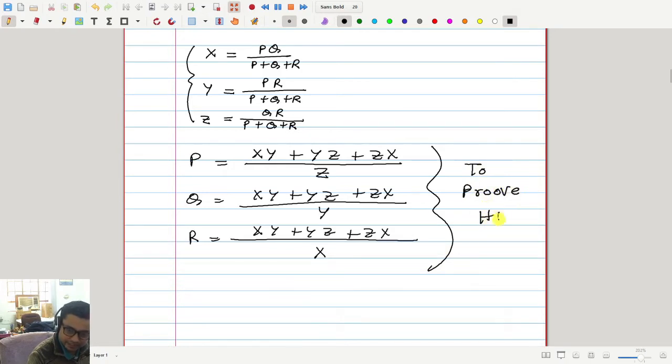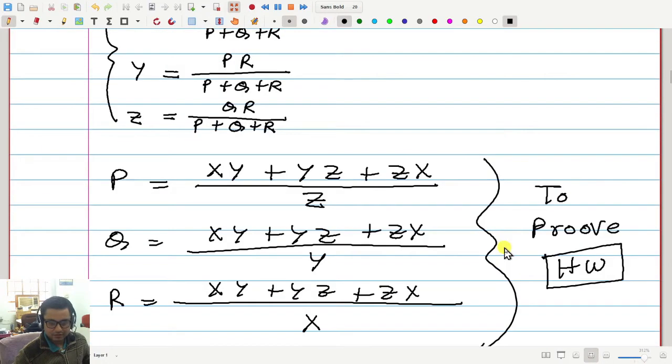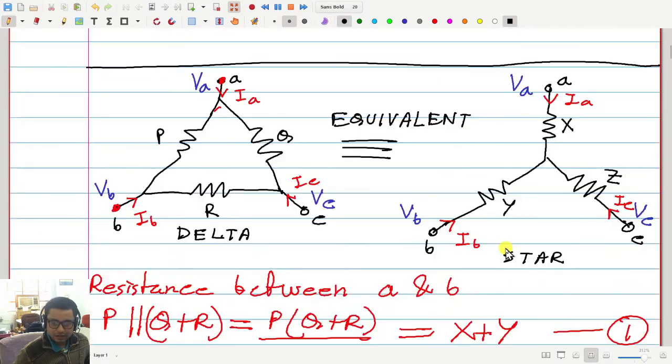Sir, I have a doubt. Yes, please. Sir, why is the resistance between A and B in star configuration X plus Y? Between node A and B, right? Yes. So here we are considering that we are measuring the resistance between these two nodes, keeping the third node untouched or open. Yeah, I should write that. Node C, we call it floating.